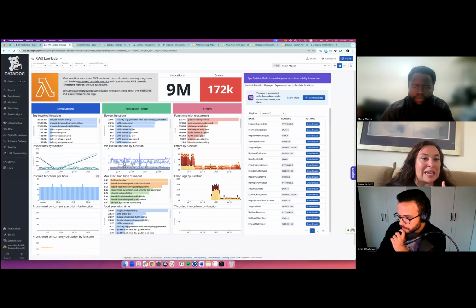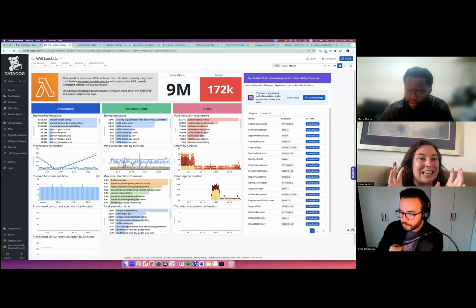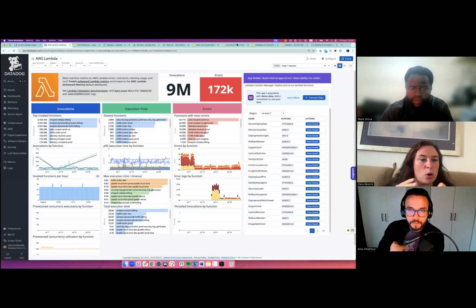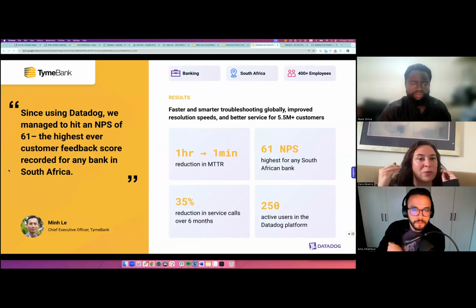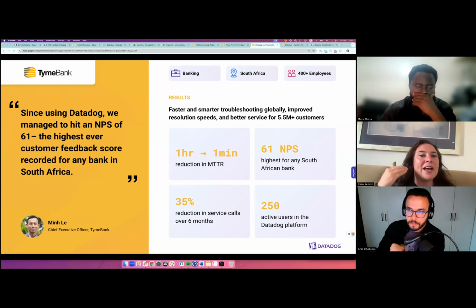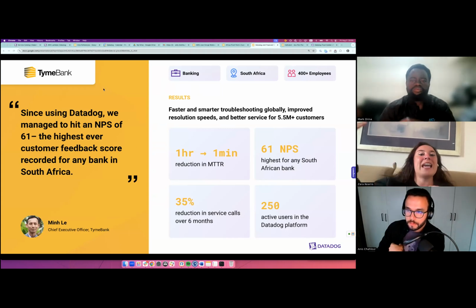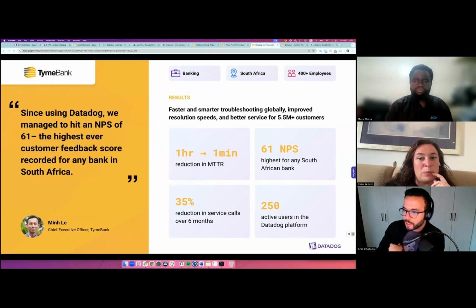So I suppose maybe one question would be if you could talk through a customer that did join Datadog, in a scale-up or a startup kind of scenario, what the infrastructure and challenges they were facing, and then how Datadog was able to help them scale. I think that would be really good.